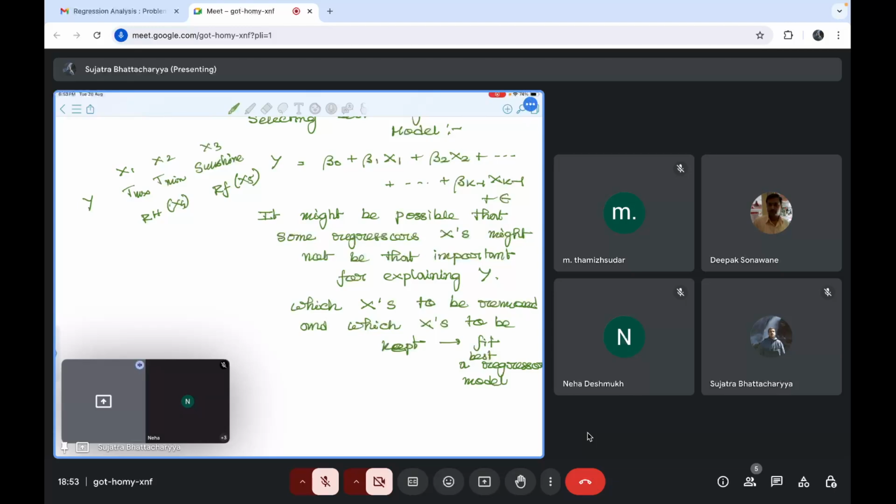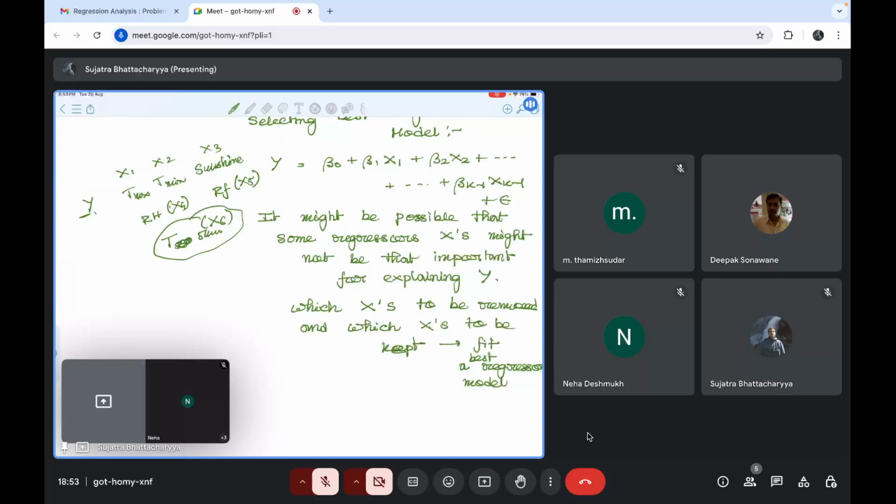But I am also including some parameters like, let's say, temperature at a height of 5 kilometers. Suppose this is x6. Maybe T at 5 kilometers is changing y with only a very small contribution. So we don't need this, correct? The air temperature at 5 kilometers might not be that important for y. The crop productivity might be important. We don't know. So we can remove this and take the important parameters in the model and fit